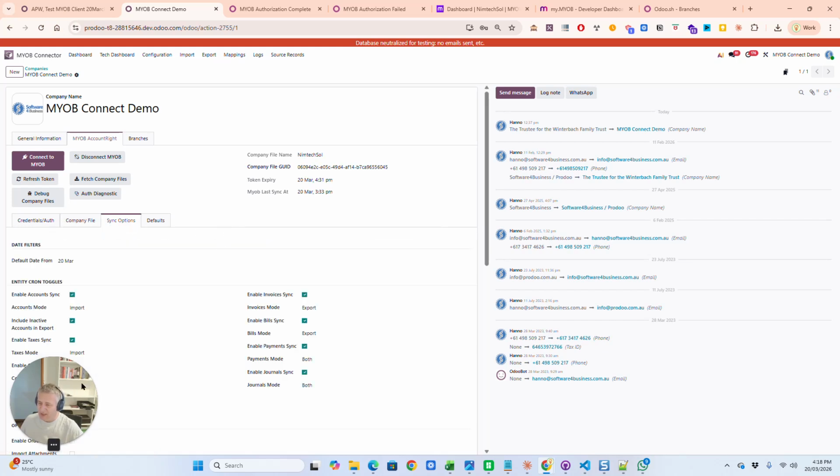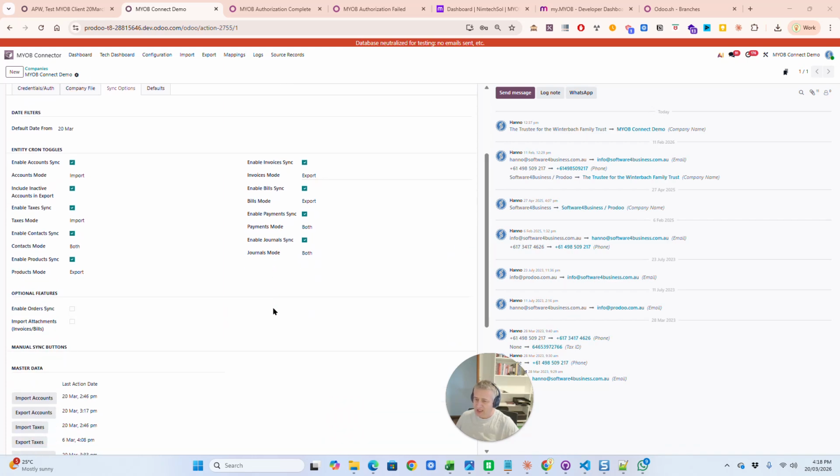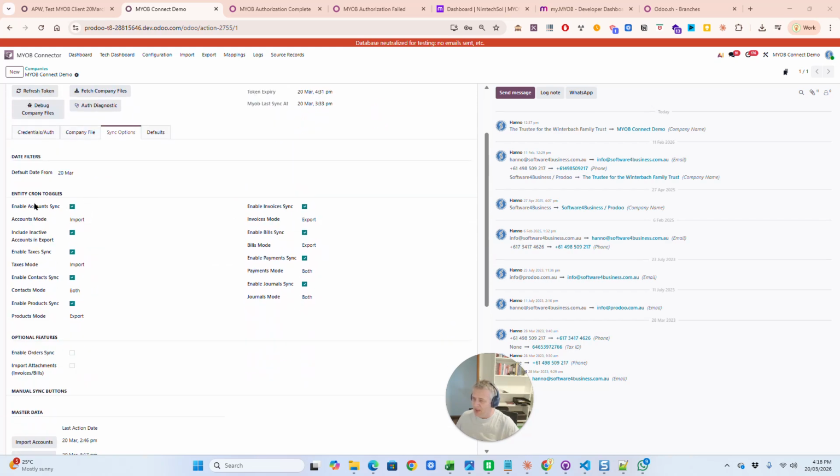Another thing that you can typically specify in this configuration settings section is if you want to synchronize master file data, and if you want to import, export, or import and export them. Typically, because MyOp is your accounting system, you will mostly import from MyOp because you might be invoicing from Odoo. You will send these invoices to MyOp. So you can just specify what you want to do over there.